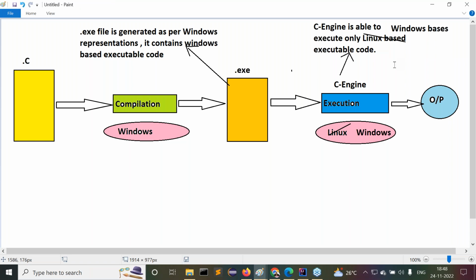Now understand this point clearly. We compiled our C program on the Windows operating system. When we compile our C program on the Windows operating system, what are we getting? We get a .exe file. This .exe file is provided as per which operating system representations? Windows operating system representations. Then after that,